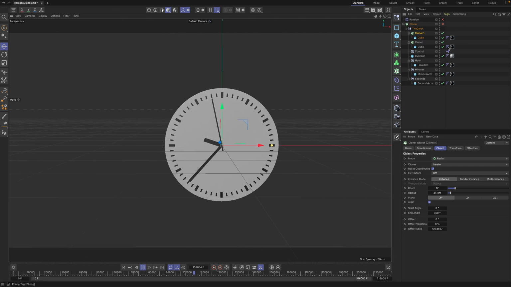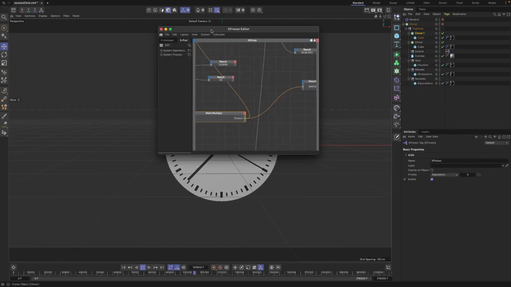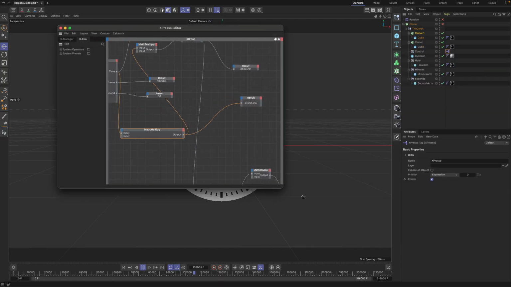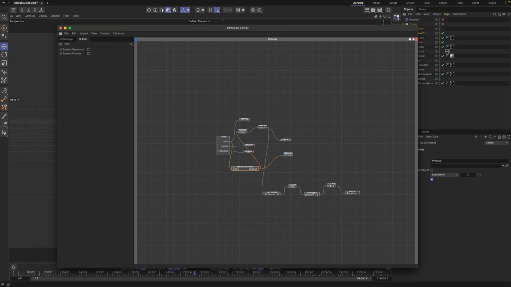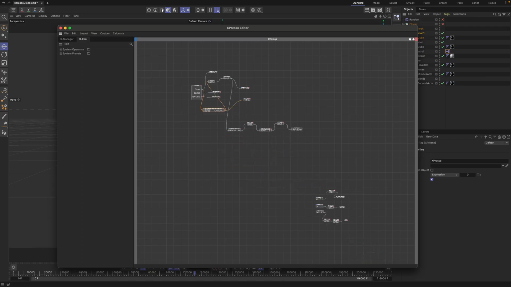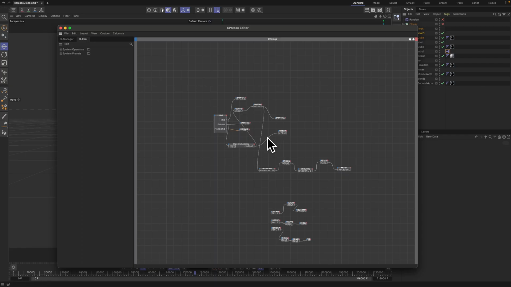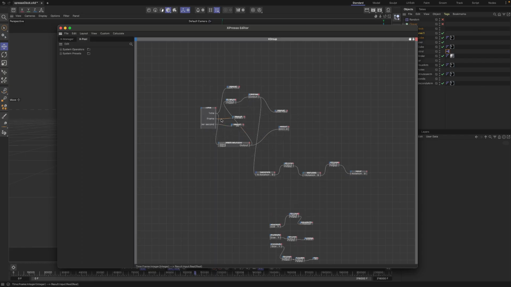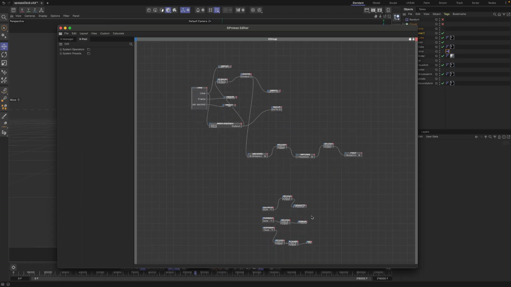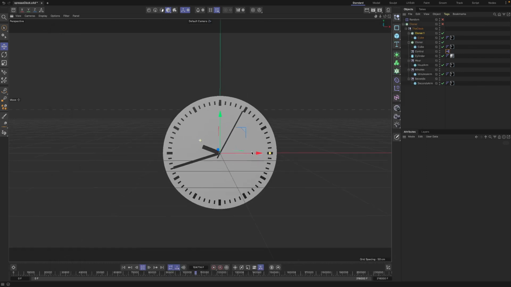So the overall structure of the node graph is like this. Actually, that is not a very complicated one, but of course, as you do more and more, things get more complicated. In this one, I'll be showing a time node, which we haven't seen last week, and we'll be dealing with those new nodes to